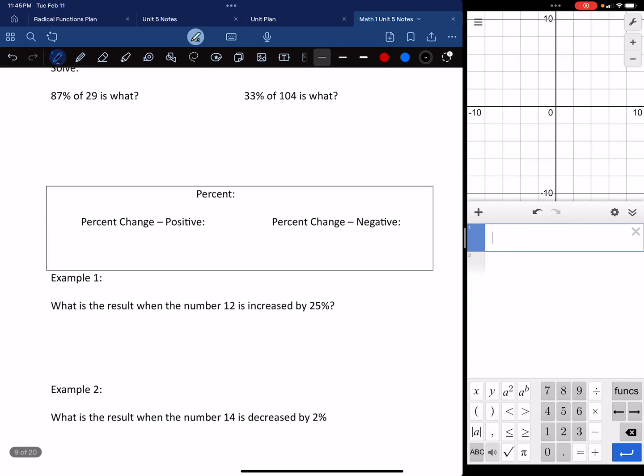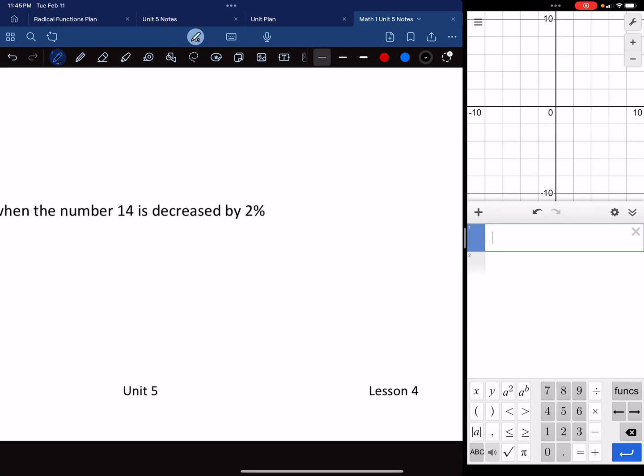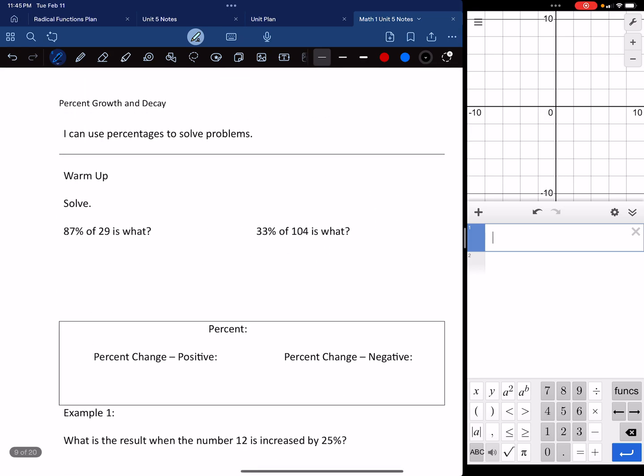All right, here is lesson 4 on percent growth and decay. Before we get started, just a quick reminder, whenever we're talking about percent,